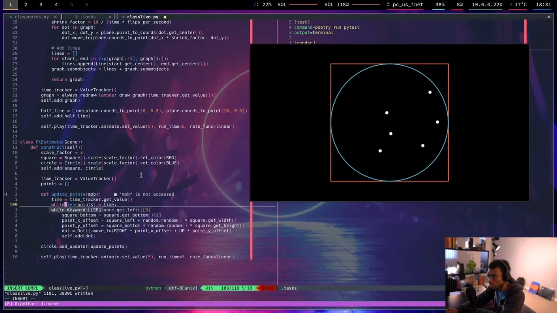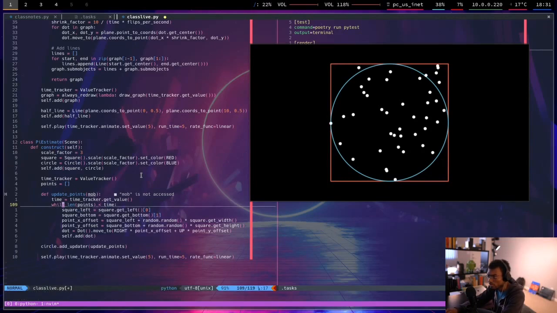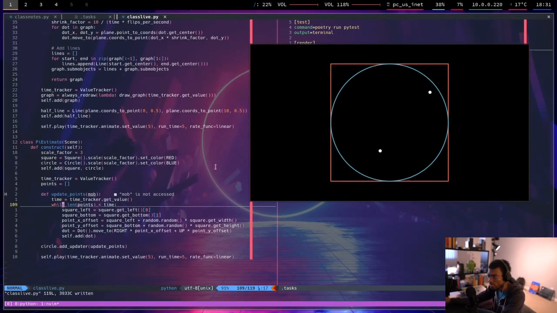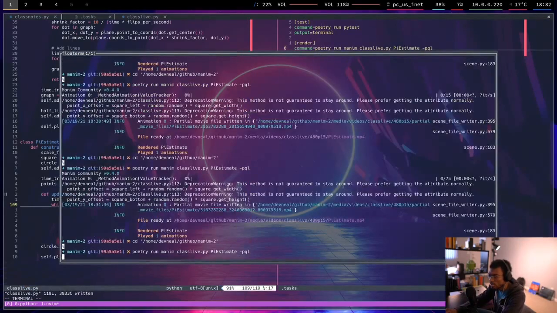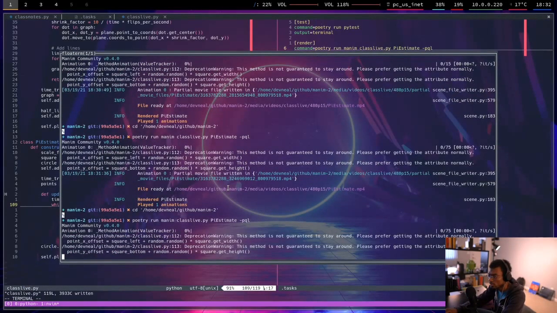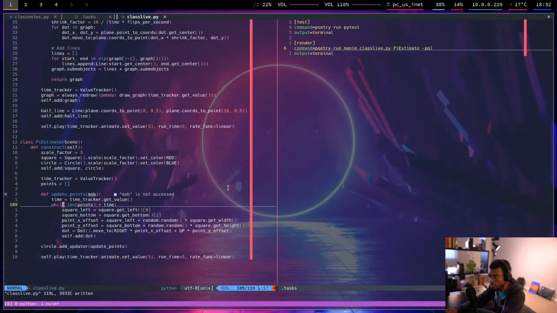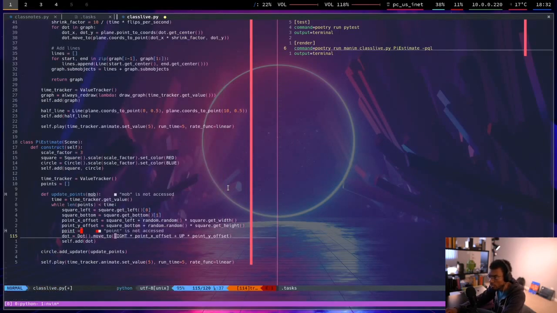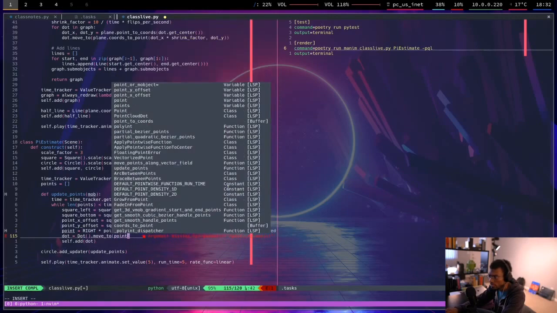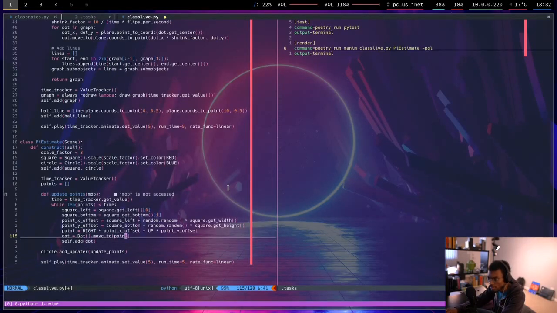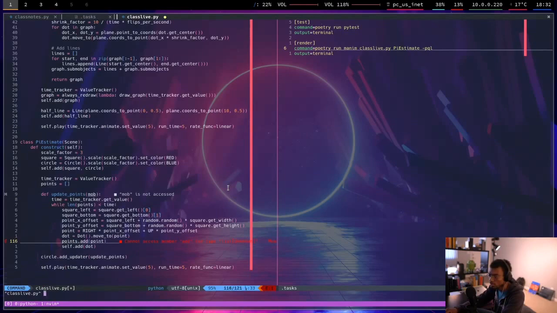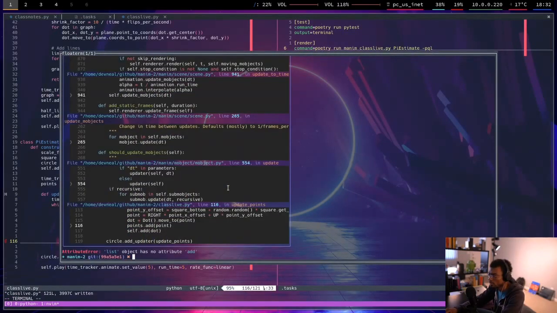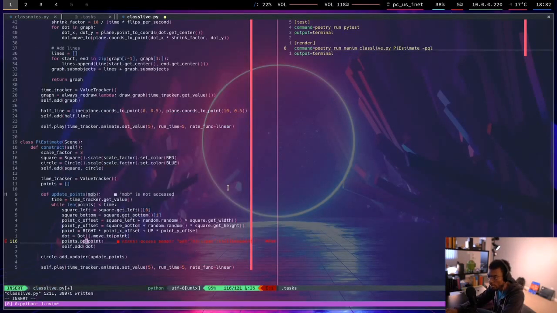When we're updating this, we're going to get the time, time_tracker.get_value. Okay, then if the number of points is less than the time, and I'll do a points per second later, the number of points